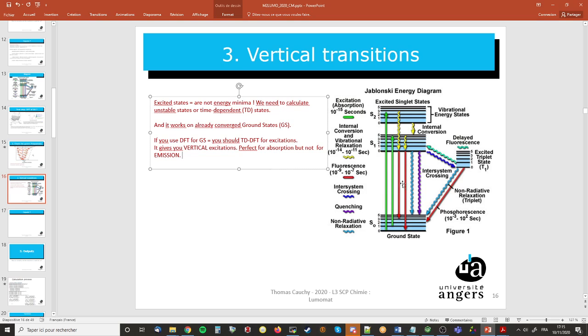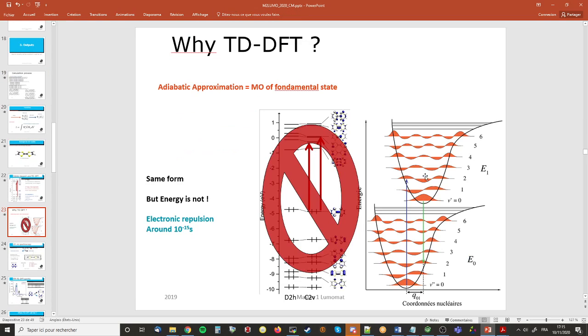And here, your Jablonski diagram is not correct. In your Jablonski diagram here, you don't have the S1 relaxed state. Here, you don't know if S1 is at the geometry of your ground state or not. So if I come back to here,